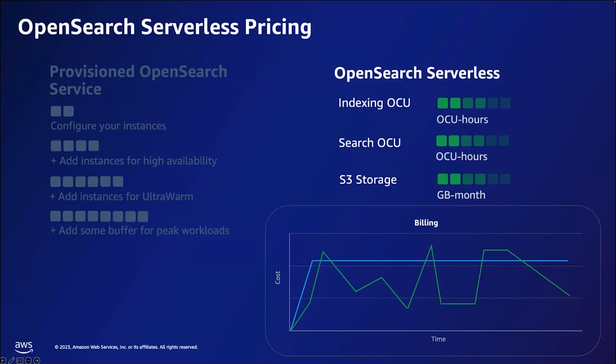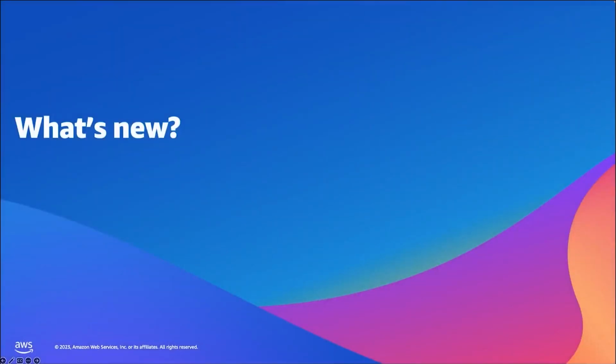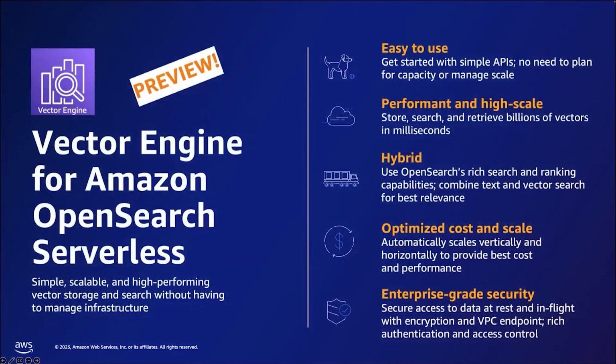So what's new we are seeing in OpenSearch Serverless is, recently during the New York Summit, we announced a new offering, the vector engine for Amazon OpenSearch Serverless. Vector has been a hot topic nowadays, if you want to run any sort of semantic search or if you want to use your vectors for generative text in the RAG use case, where you want to do retrieval augmented generation. So that's where the vector engine as the new collection type comes into OpenSearch Serverless.